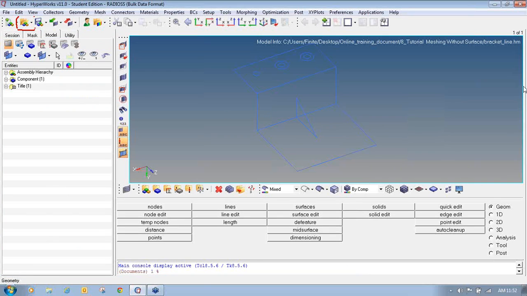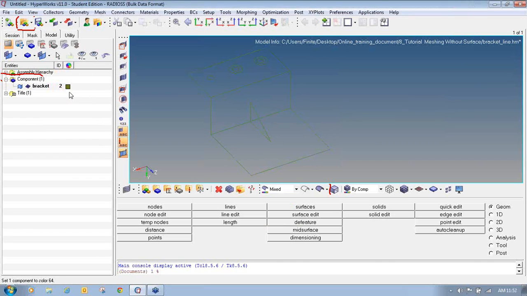Now before going further, we will just take 2 minutes to view the geometry of the model. So first of all, I will click on surfaces, shaded geometry. Once I click here, the surfaces should be visible, but they are not there. Or there is one more option to view the surfaces. Go to the component panel in the model browser, and just switch the surfaces icon on and off. So in this way we can see there are only lines available. If you click meshed, these are the only lines.